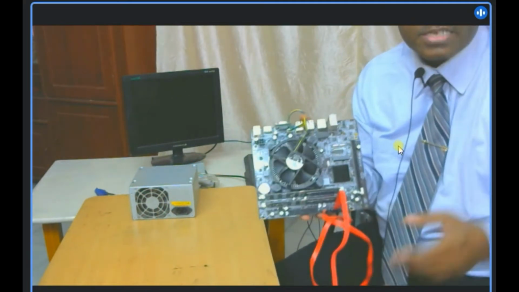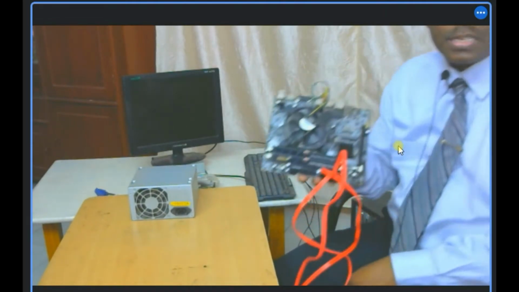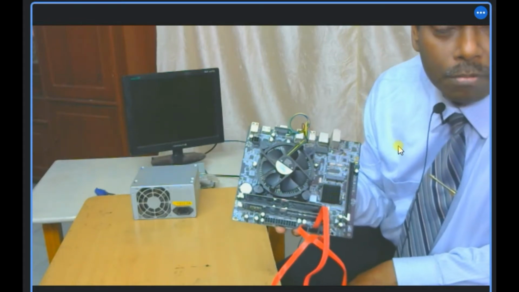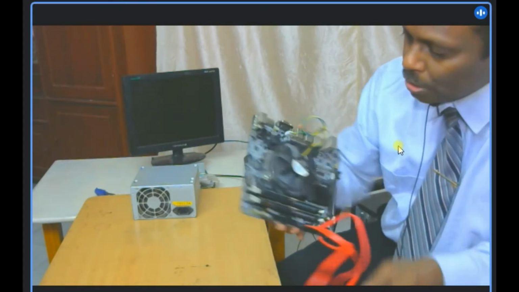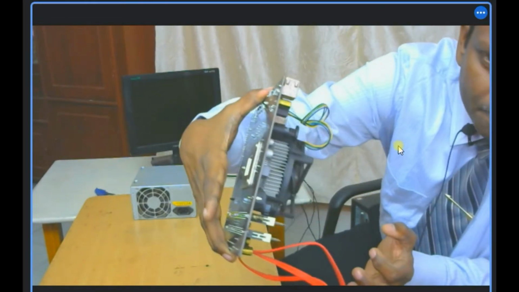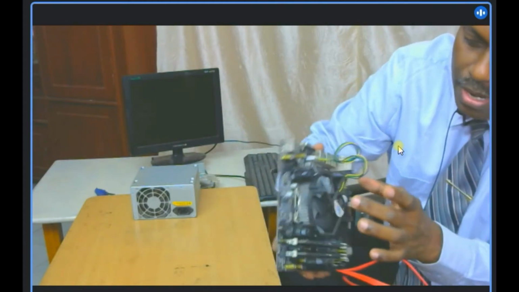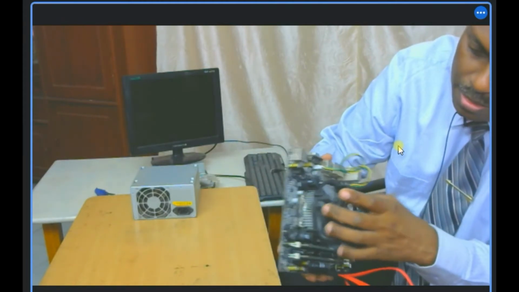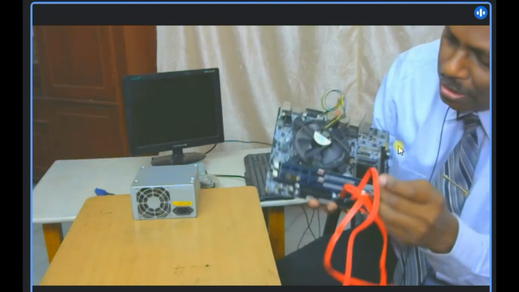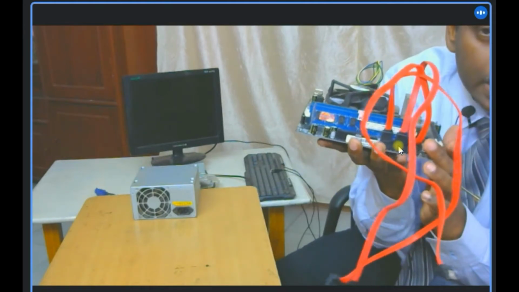Because the CPU generates a lot of heat. You know how much heat it generates? About 90 degrees centigrade. Our hands will be burning. So that's why a big heat sink is there. You can see this aluminum one. The heat will be absorbed by this. A big fan is there. And on top of that, the exhaust fan is there, which is already connected here. And the other parts you can see here, the RAM is already inserted here, 2 slots, right?